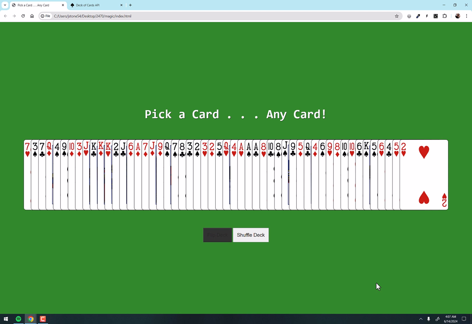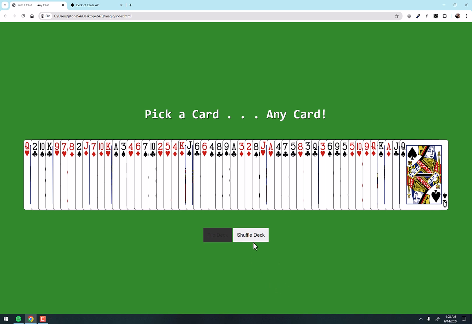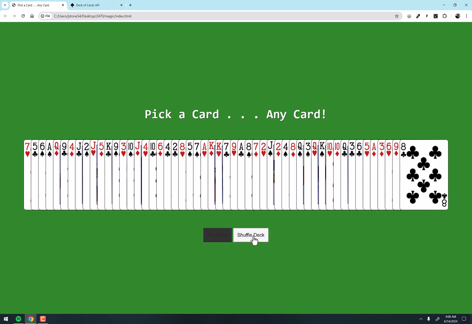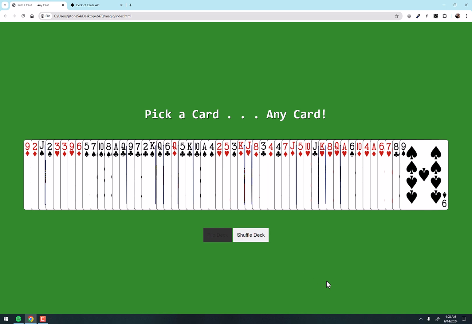deck face up, right? And you'll notice how the buttons function there, how this button grayed out and it's no longer clickable, but the shuffle deck button has appeared now. And when I click shuffle, I will get another random deck. Every time I click shuffle, new random deck, right? And that's it. That's the whole project right there.